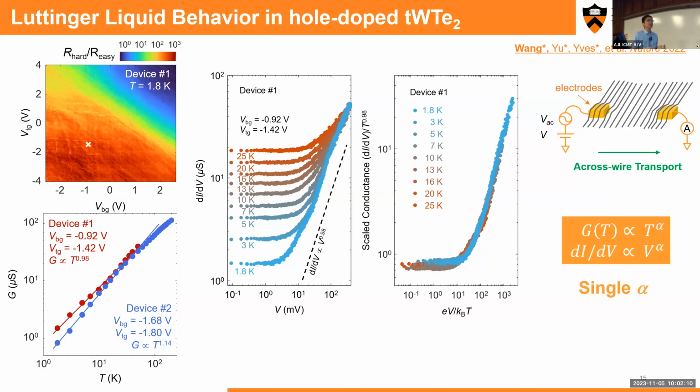And what is more is that we need to be careful here, because in some early theoretical work or measurements, people usually claim they are linearly equipped, but they might have different power law numbers, which might be induced by disorder. But here, I want to address that in our measurement, the power law number here is always a single alpha. And this alpha can be extracted either by temperature dependence or the external bias. So I want to conclude here that we have a power law conductance in the hard orientation.